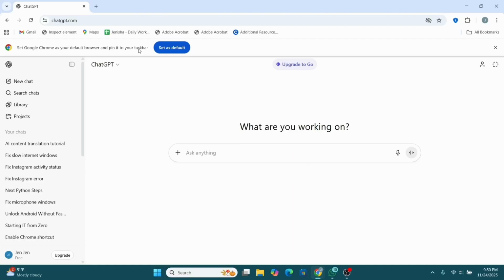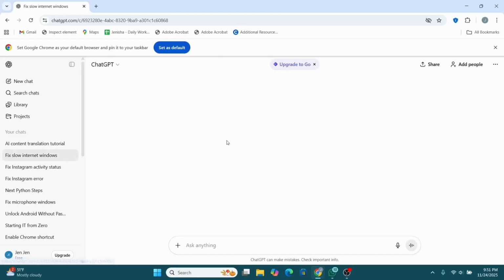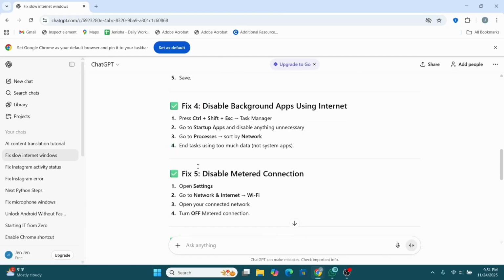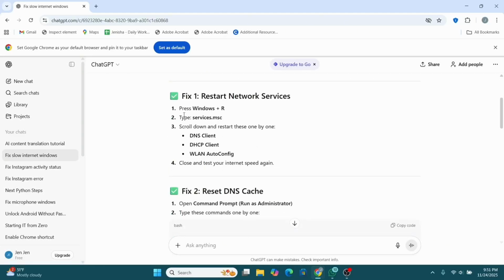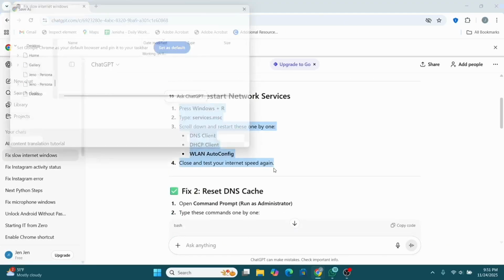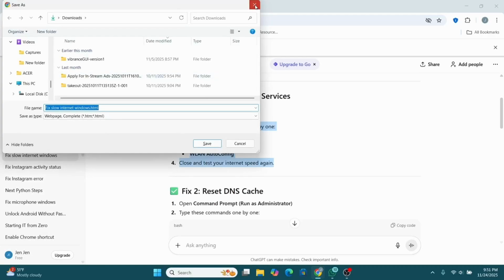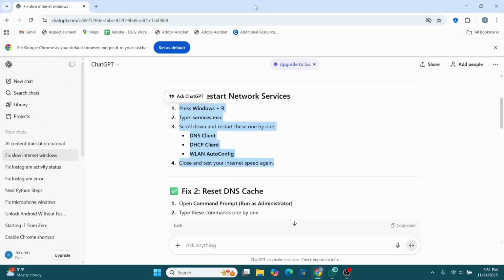So here we'll copy the content that we want to translate and paste it into the AI chat. So in this box right here, you can paste the content that you would like to translate. For example, I would like to translate this content right here of fixing slow internet on Windows. So we're just gonna go ahead and select it. And once you select it, once you copy it, you can press Ctrl+C